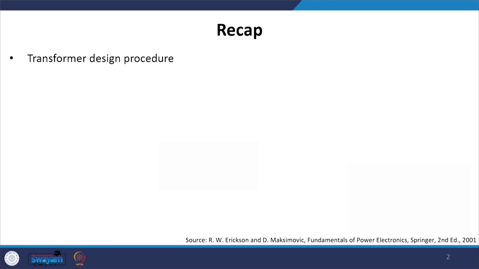In the last class we saw the transformer design procedure, where we started off by selecting an appropriate core, and then defined our core losses and copper losses. Then we found our delta B optimum value for which the total losses in the transformer are minimal, and that gives us the condition which, if not satisfied, we go back and select the next bigger size core. Once we obtain the optimum value of delta B, or peak AC flux density, we calculated the number of turns